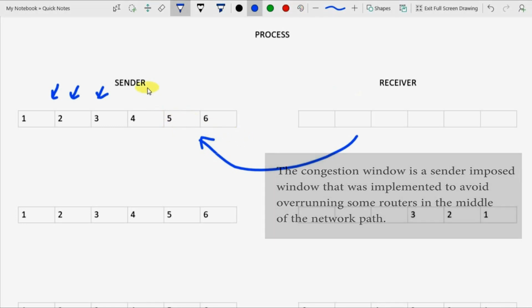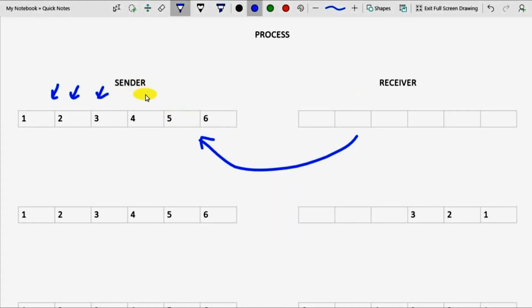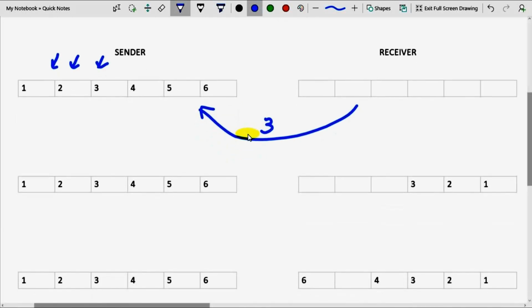After receiving the congestion window length, the sender sets its transmission window length to 3. Let us consider 3 as the congestion window length in this case. So the sender sets its transmission window size as 3, so that there will be no overrunning of data, where the data is not sent as 4, 5 or 6 so that the receiver can't receive the rest of the data. After setting the transmission window size, the sender sends the first set of data.